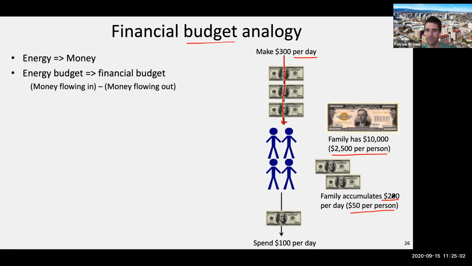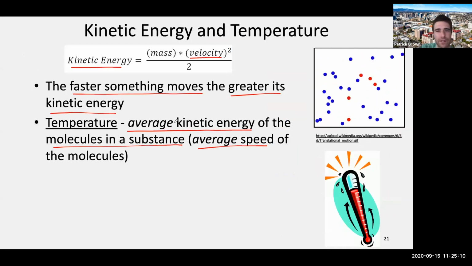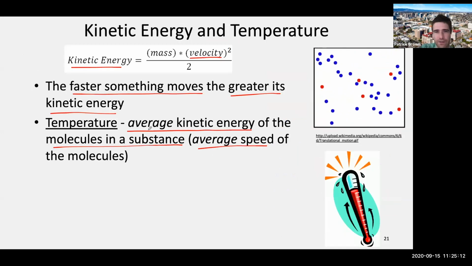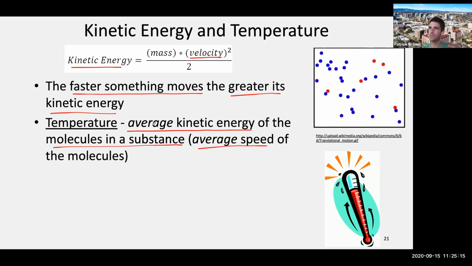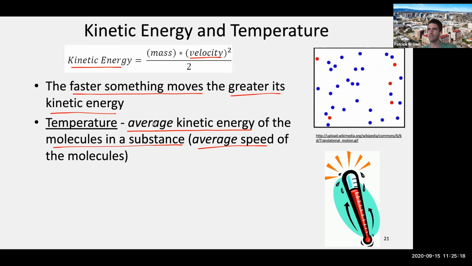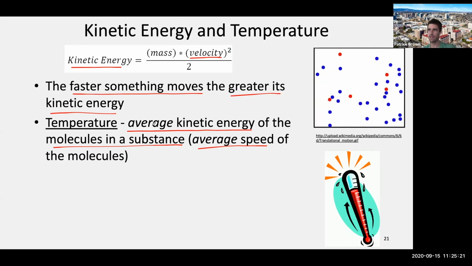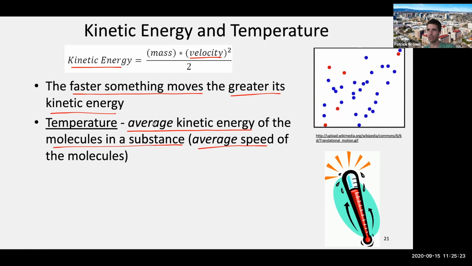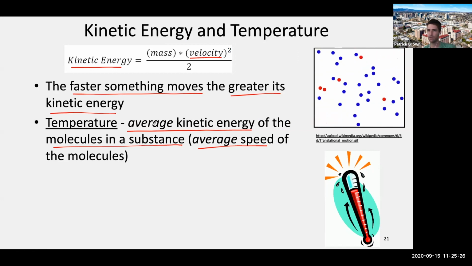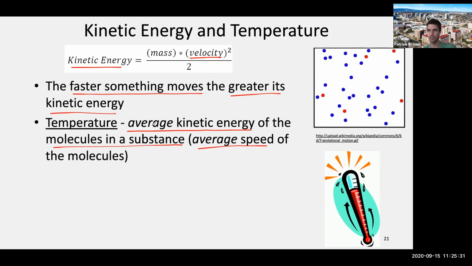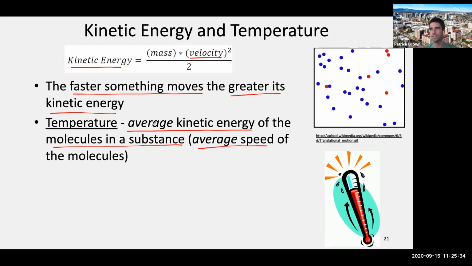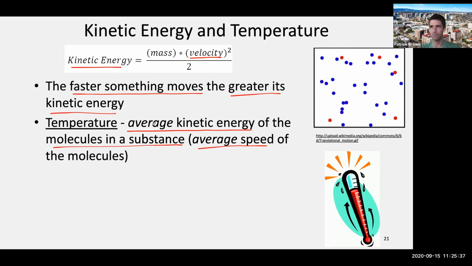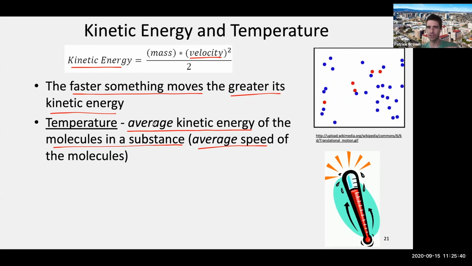The family accumulates 200 per day. But what I'm getting at with the temperature is, if we go back to this slide, temperature is essentially that energy averaged over the number of molecules in the substance. So that's why we said the pool has a larger heat capacity than the pot of water, because there's more molecules in there. And then the temperature change is going to be less for a given amount of energy accumulation in the pool than it would be for the pot of water, because you're averaging over more